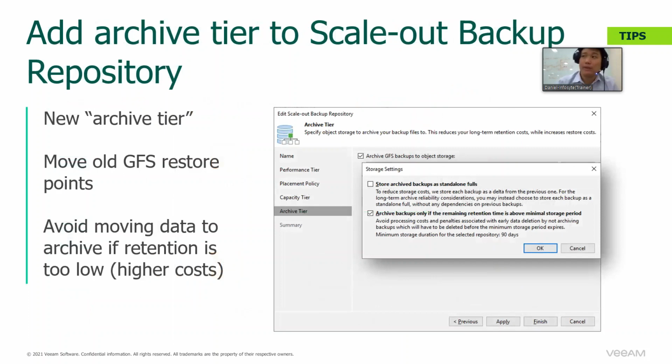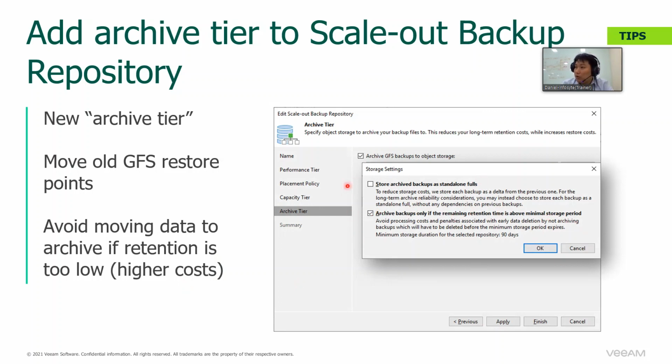That's why you see here. Archive tier is the additional tier on top of it, and you will see that they will move GFS full backup from your capacity tier to the Archive tier. Okay, so avoid moving data to Archive tier if retention is too low, as you can see here, higher cost. And then when you try to restore from it, it will even charge you higher cost as compared to the regular tier. Okay, so you see here,